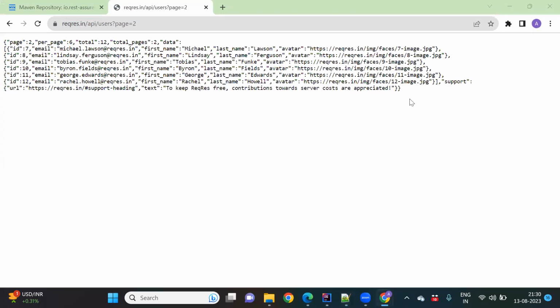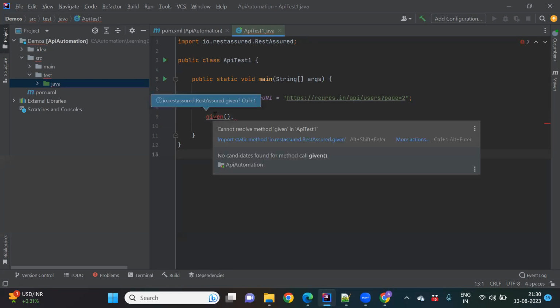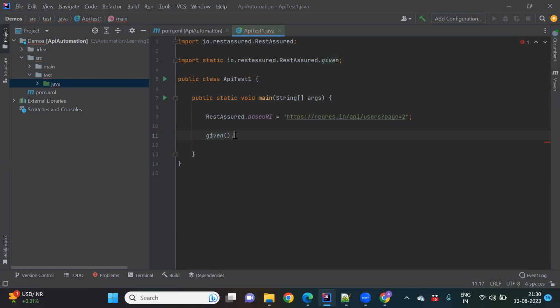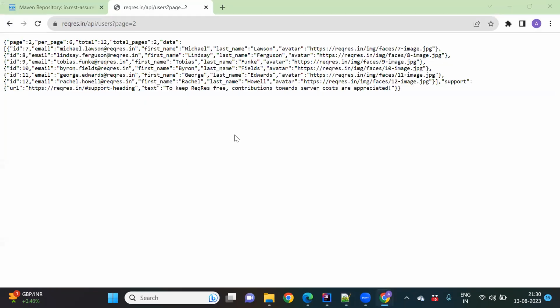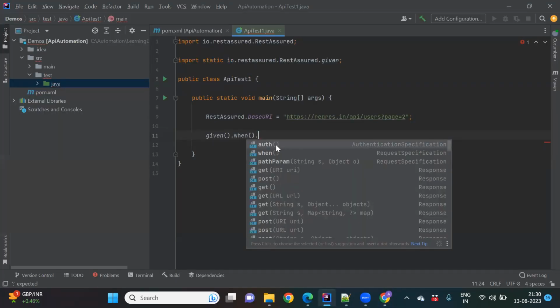Fine. So given, get it from, so basically import it, given. Now here we don't have any other details, right, in given. So just give when,